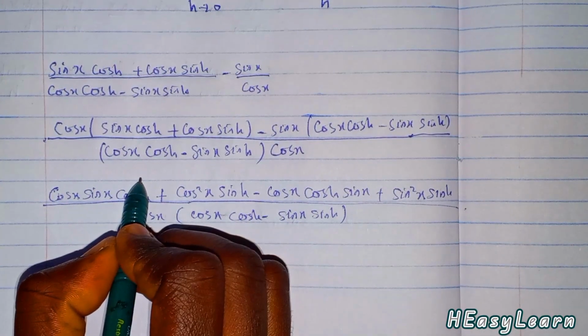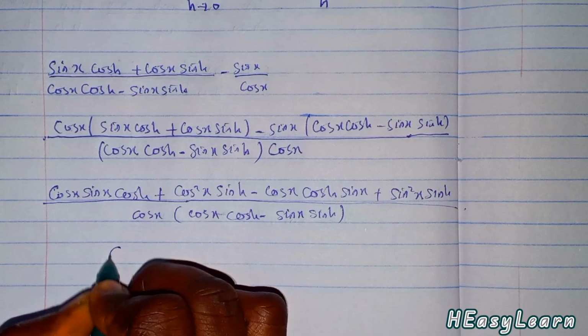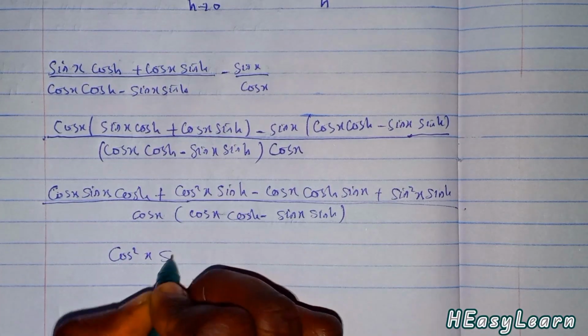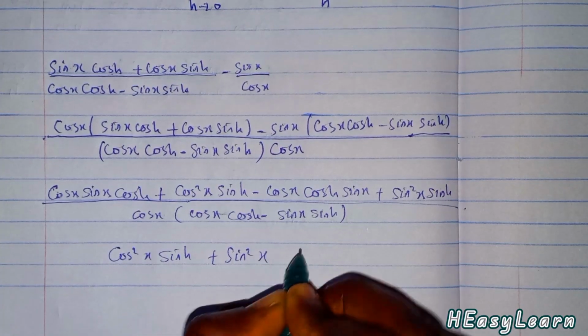This time we go away with this term, left with cos square x sin h plus sin square x sin h